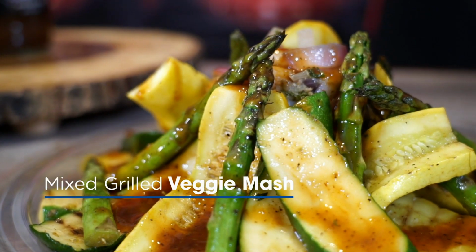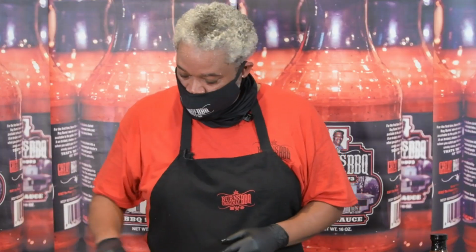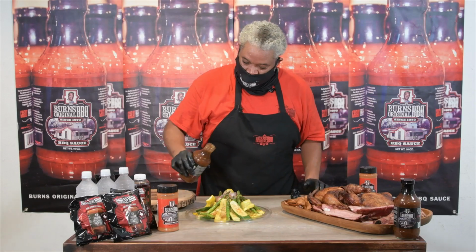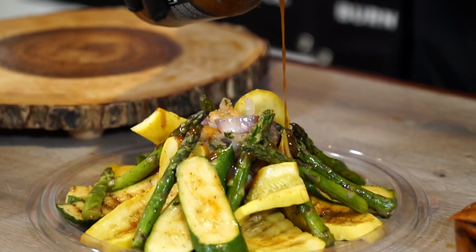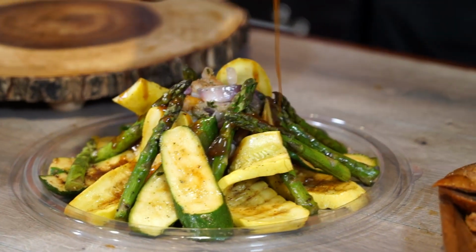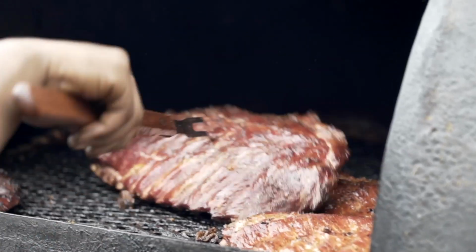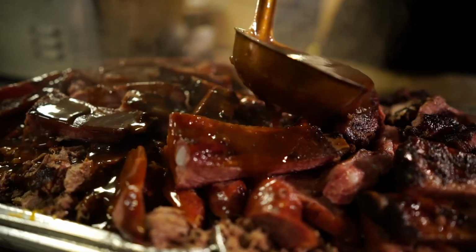So this dish here is grilled zucchini and squash and asparagus with shrimp and shallots. And here we go with this wonderful sauce. Nothing but love right there. Some good tips on good barbecue, man, basically just taking your time and doing it from